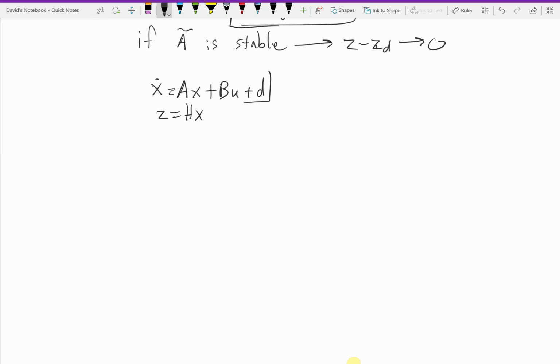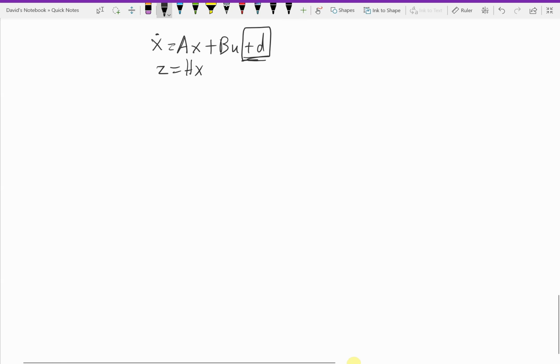Okay, so this new term is a disturbance. It's like an input. But we can't tell the disturbance what it will be. We'd like our system to reach a desired output over time, despite this disturbance, and our integral term will help us do that. And that's because if we reform the state space system in terms of this integral term,